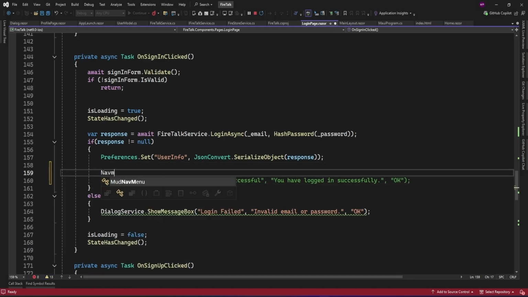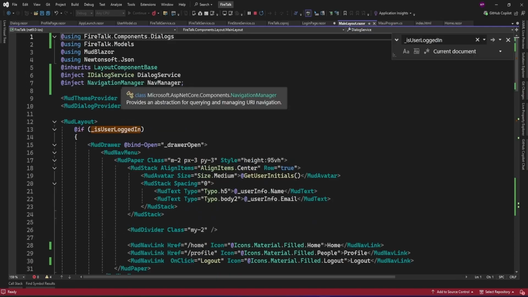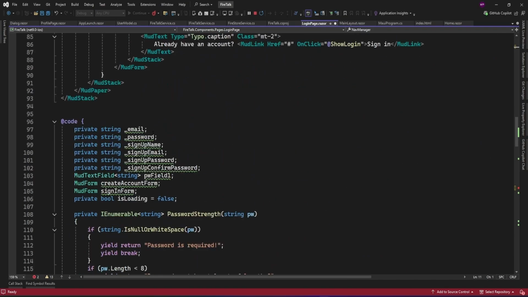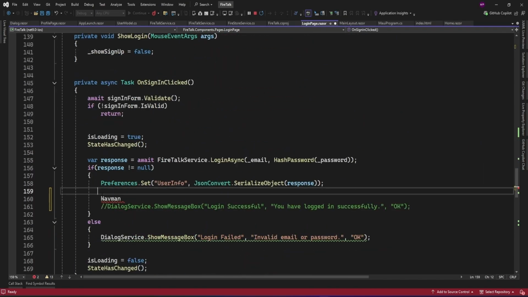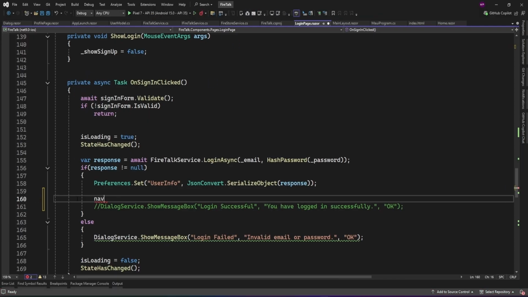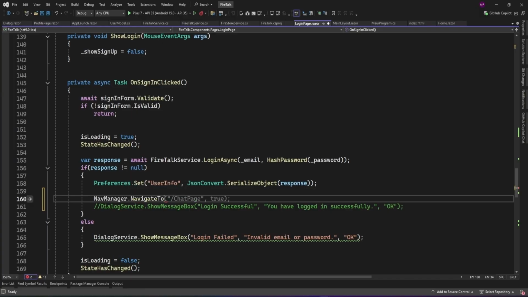So let me add the navigation manager here. Now NavigationManager.NavigateToAsync, and here I'm just going to call